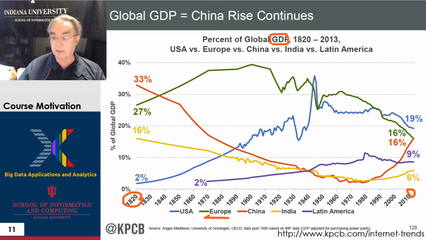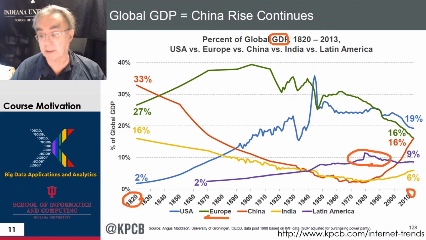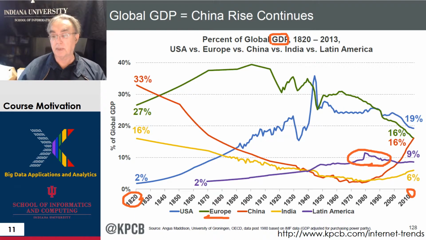Latin America actually went up and then declined a bit. I have no idea why. But possibly this decline is just the growth in China, changing the denominator when you calculate percentages. It probably is still increasing. And here we have USA again going down, probably for the same reason that it's dividing by China, which is